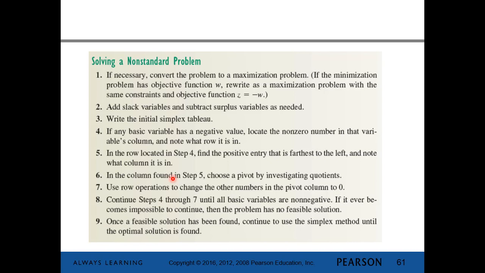The quotients are going to help us indicate which entry in the corresponding column is going to be our pivot. And of course, the one that gives us the smallest quotient is going to be our pivot. Okay, then